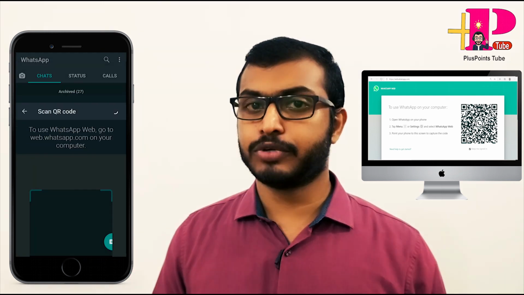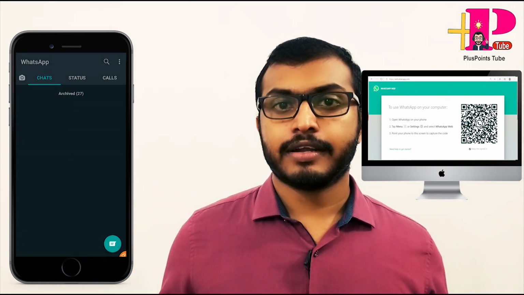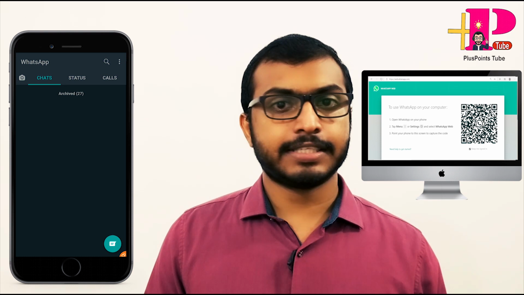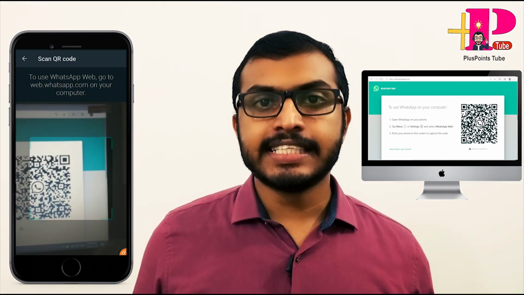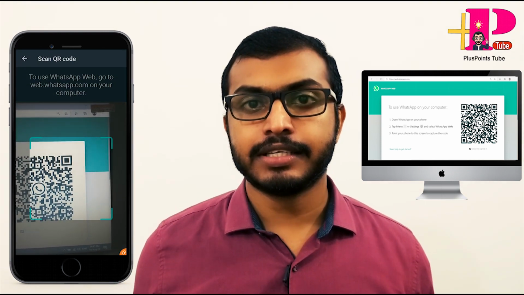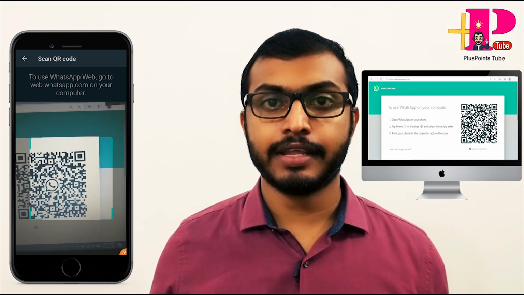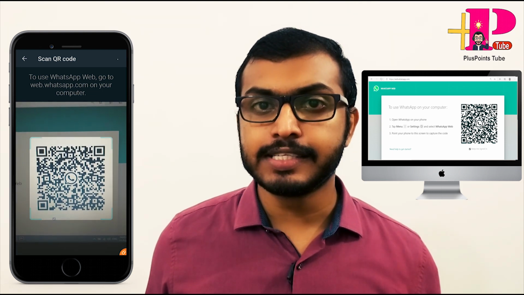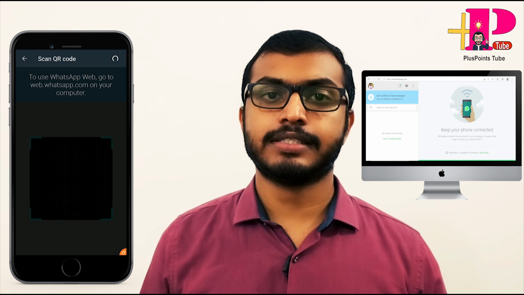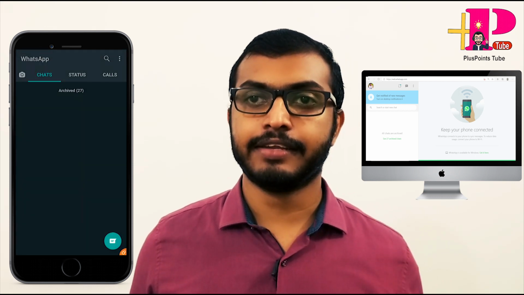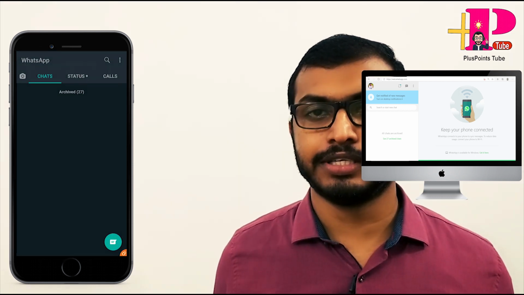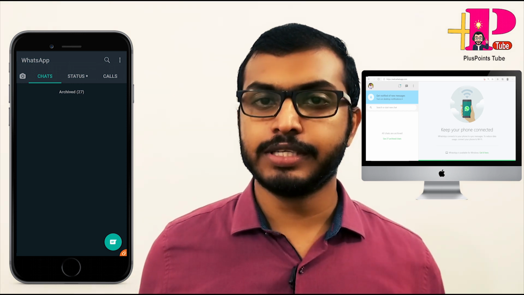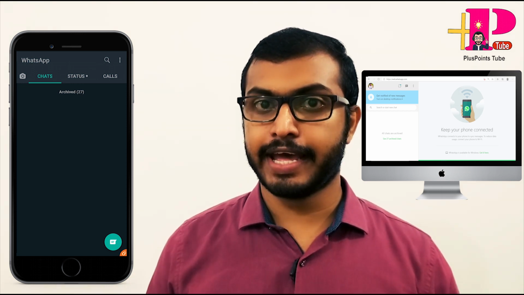Next, you have to take another device and search for web.whatsapp.com, or you can take the respective WhatsApp Web application from the store. Then scan the QR code from the device to be loaded in the other device. Now you can see WhatsApp Web is active, and WhatsApp is active on our device. In both devices you can see WhatsApp is loaded and active.